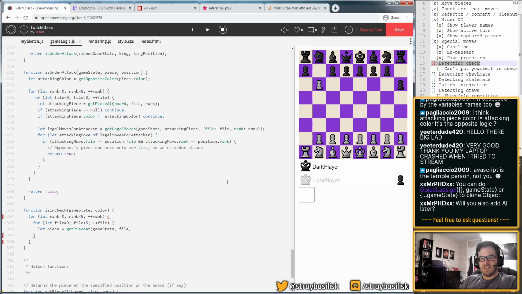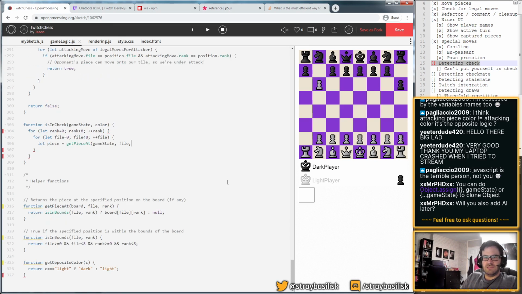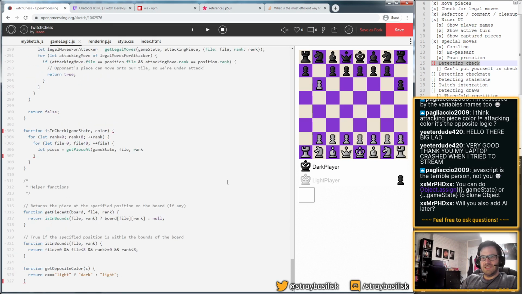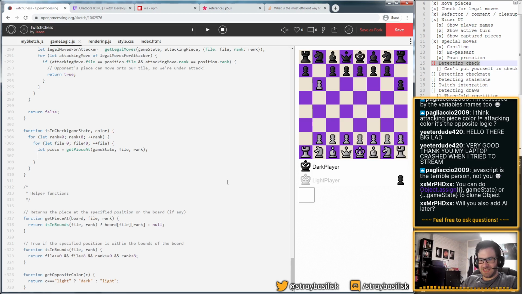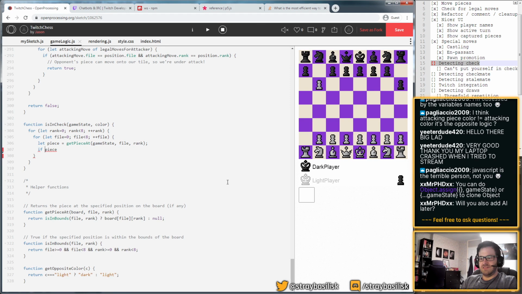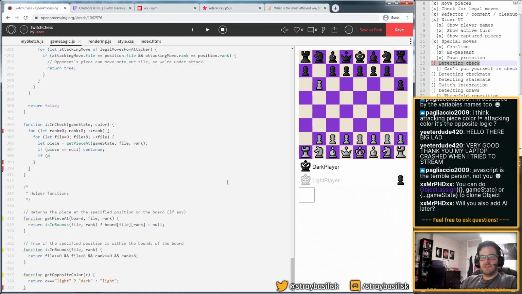Game state, file. This is where I want the little autocomplete pop-up that tells me the function signatures. I don't want that so bad. So if it is null, then continue. If piece.color equals color and piece.type is king, then... actually, let's do this my preferred way.